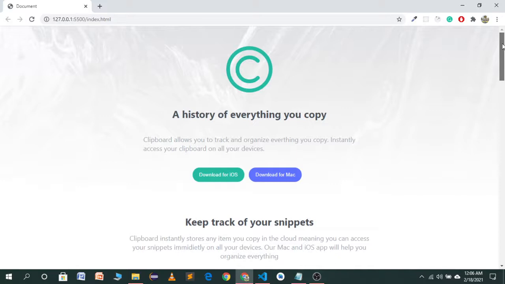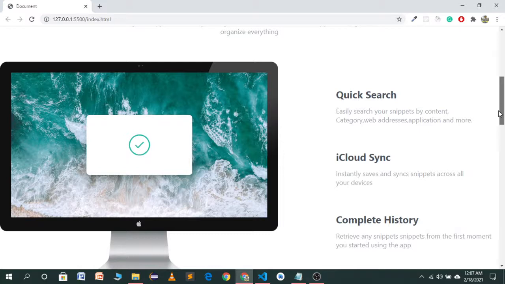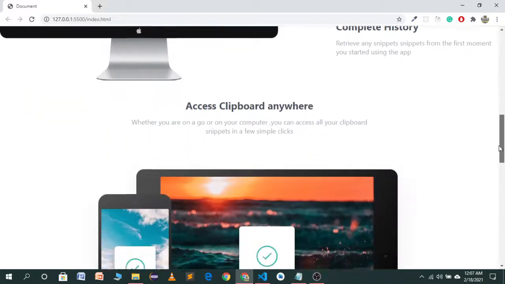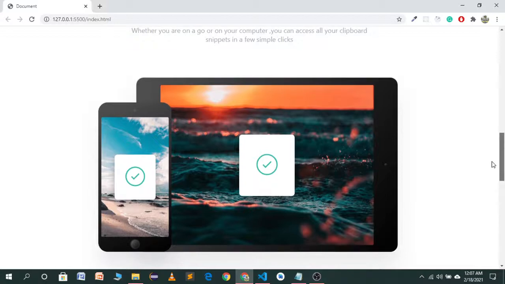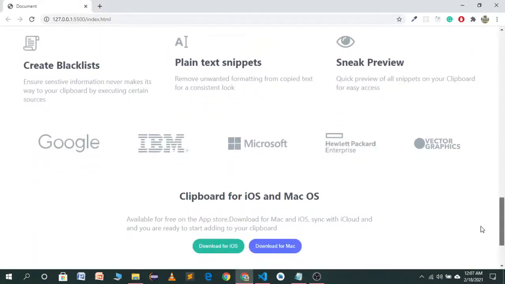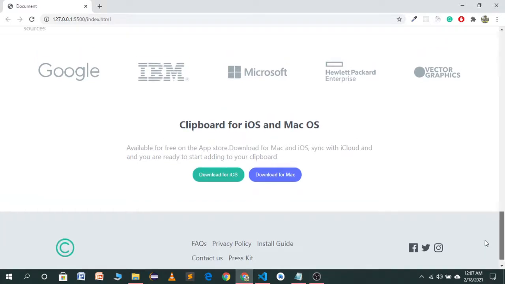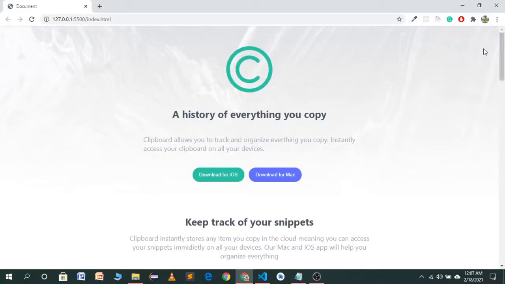This website has a header section which contains two buttons, a heading, and a paragraph about a clipboard. This website is basically about a clipboard. And now this is the second section of the website. As we move on, the third section is this image section, which is an illustration. Furthermore, as we move down, we have another section, which is a footer section and the logos of different companies. So basically this is the demo of the website.